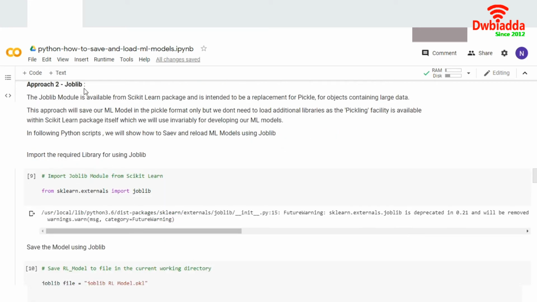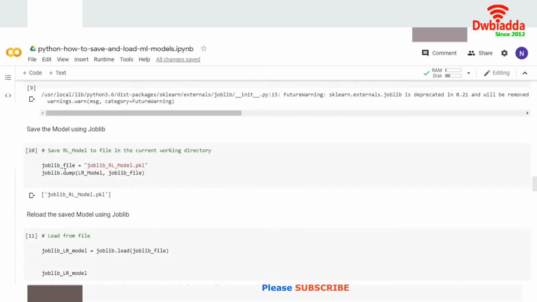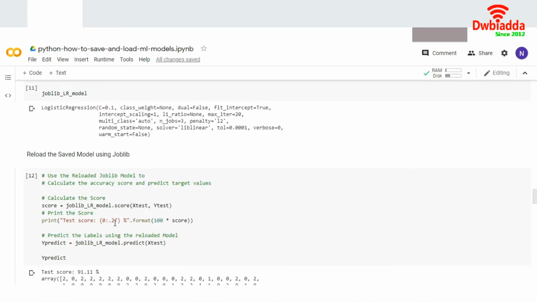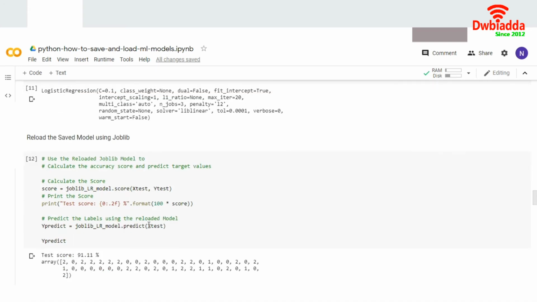The second approach is the joblib approach. This is also one of the sklearn approaches using which you can again use your same model for the unseen dataset. We again load the object of the previous model, and then we load the model. This is loaded, and then we apply it using our joblib object to check the model evaluation or the score for the unseen data using the simple joblib LR model.